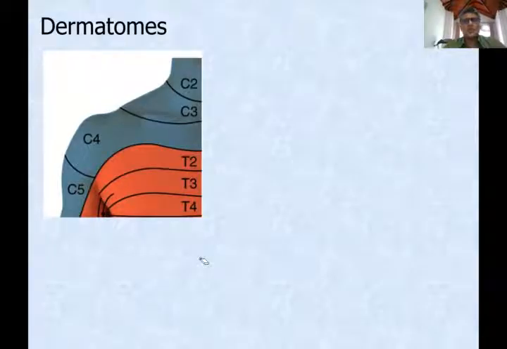Now you have to remember this point that I mentioned earlier. Now you can see, if you look at this carefully, now this is in the neck, there is C2, then in the neck you get C3, then this is C4. So this is the upper end of the chest, and this is the tip of the shoulder. Okay, so that whole area is supplied by C2. You can see this. Now, if you take this point,